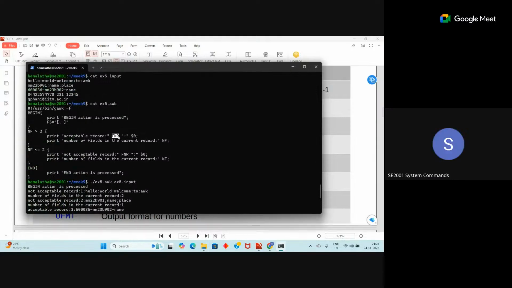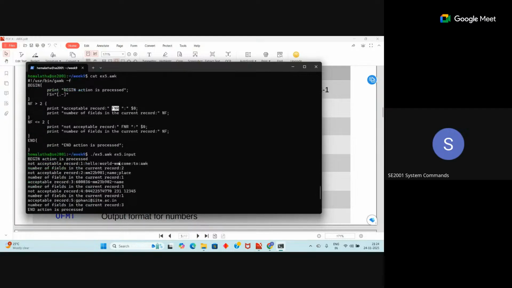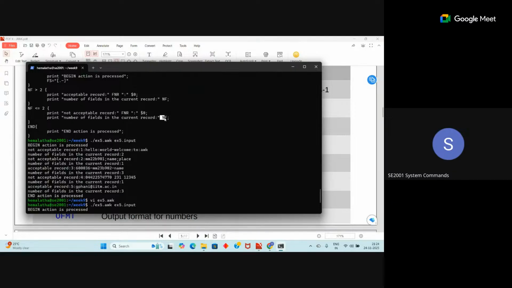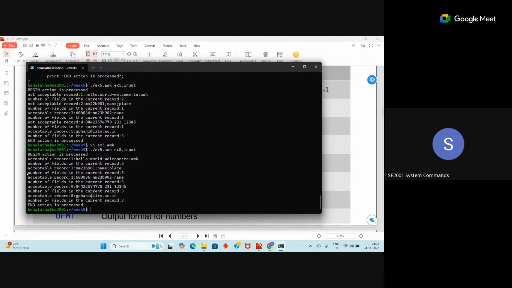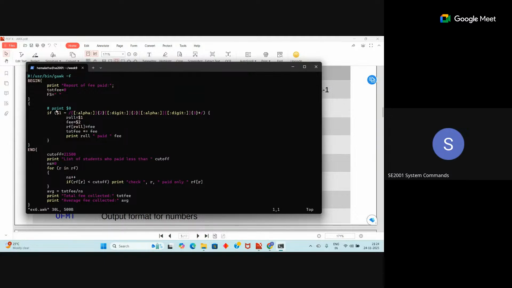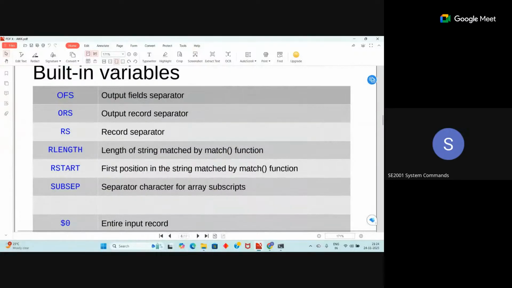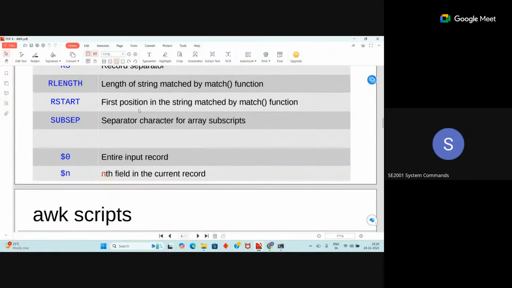Yeah, FNR. FNR is the record number. For first line it will be 1, second line it will be 2, third line it will be 3, like that. NF is the number of fields. Yeah. So before going to this example, like that, you can try using your built-in variables